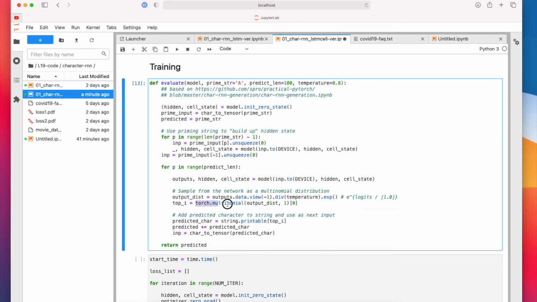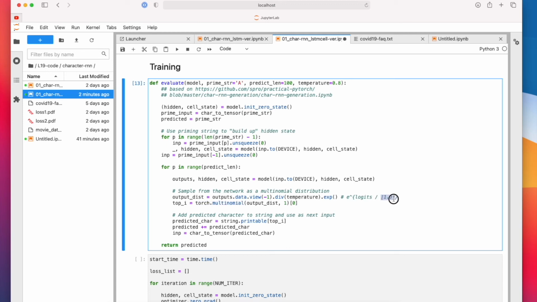And here we are randomly sampling. In expectation, we would most often sample the character corresponding to the highest probability,